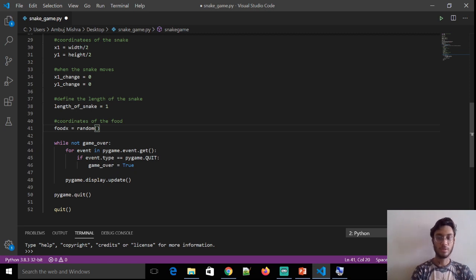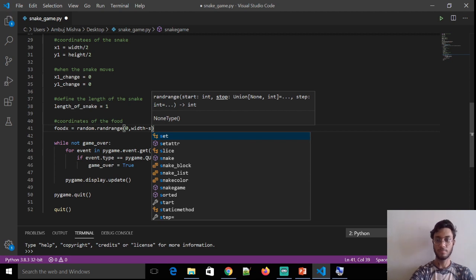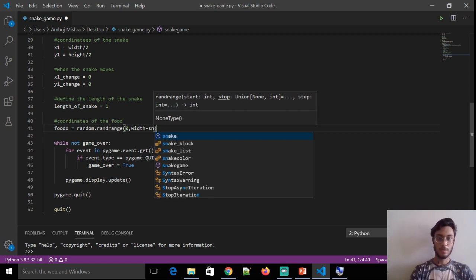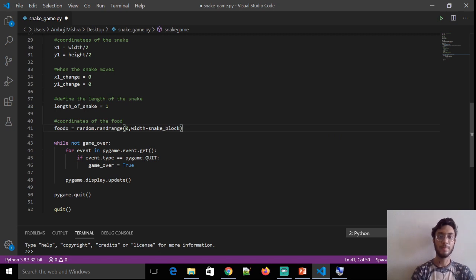So we will use the random module over here, random.randrange, and in that we will pass the range from 0 to width minus the snake block. It should be present everywhere within the window except the position of the snake block, so that's why I've passed the width minus snake block. So randrange will pass a random value between 0 and the width minus snake block.